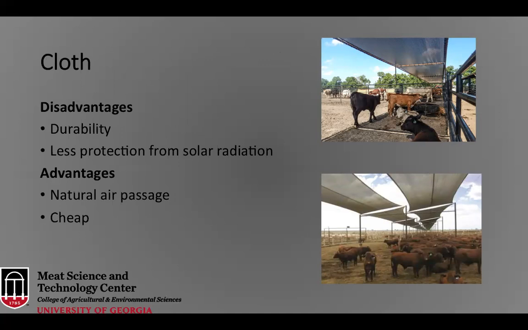We have less protection from that solar radiation because the threads can only be threaded so tightly to a point where there will still be some exposure to sun through those shade structures. I believe with the threading we can get about an 85% reduction in that exposure to solar radiation, or sunlight. Advantages are that it has better natural air passage,